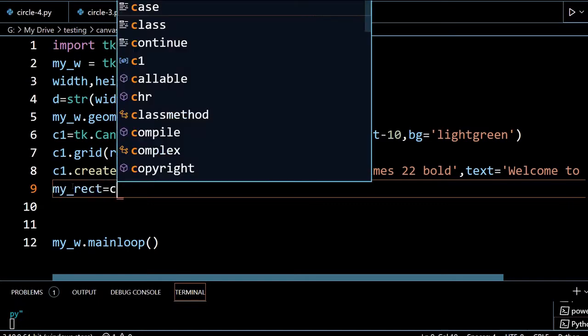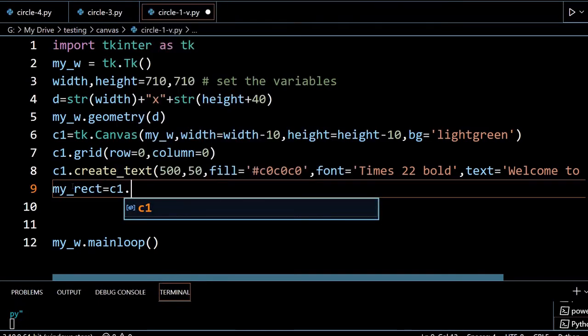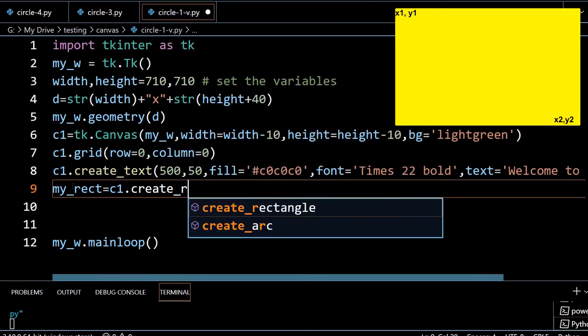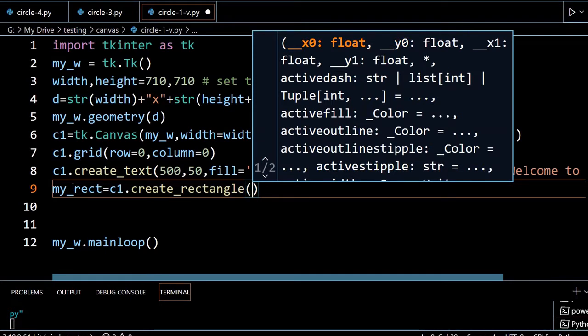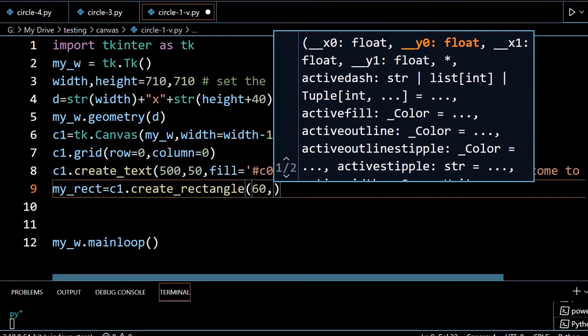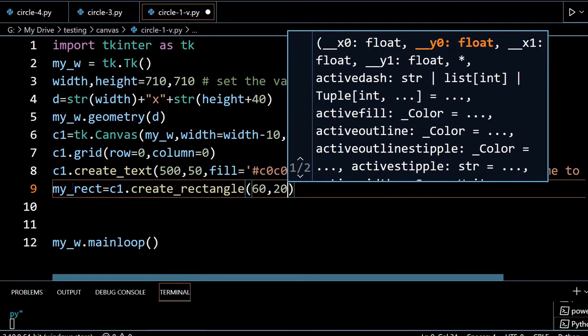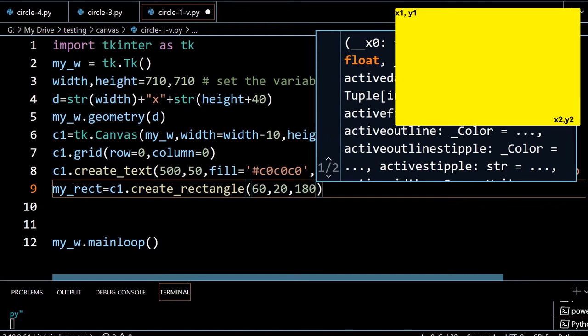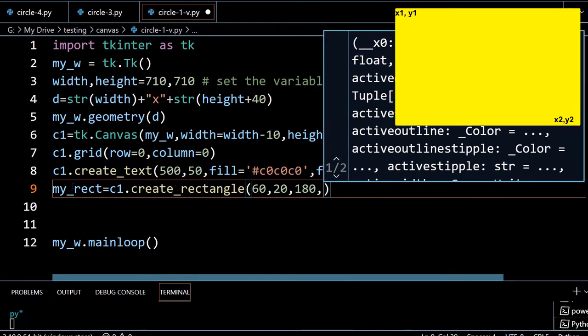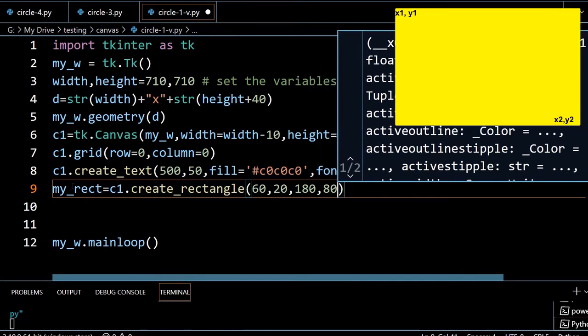So let's try once. So C1, now create rectangle. Fine. Now this is a rectangle I will be giving. Now in this rectangle I am giving the coordinate x1, y1, top and left coordinate. X1 is, let's say, 60, and y means from the top edge is 20, the left top of the rectangle. Now up to what point it will come? 180 and let's say 80. So this is the bottom right